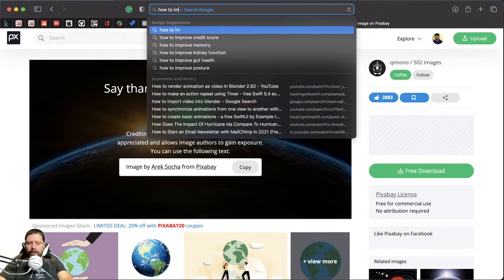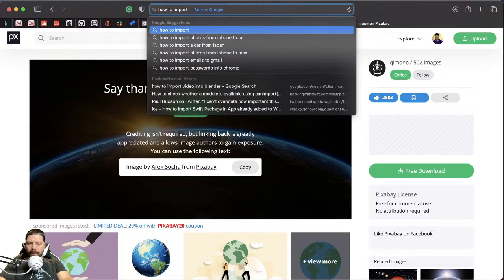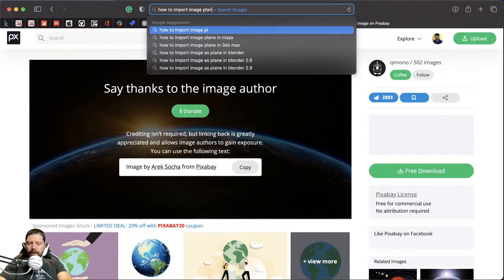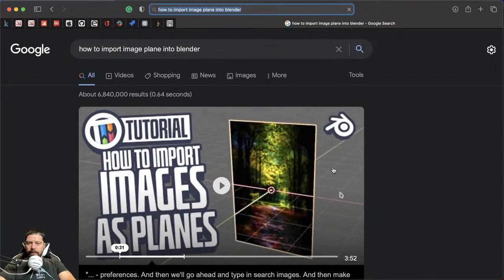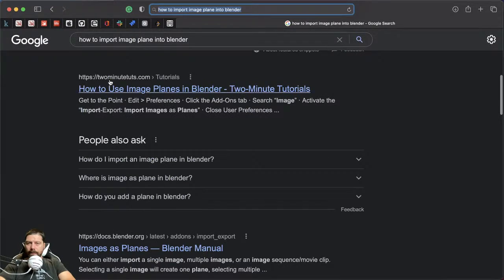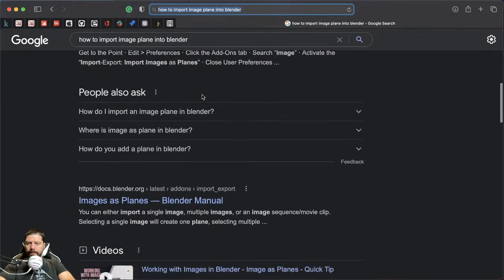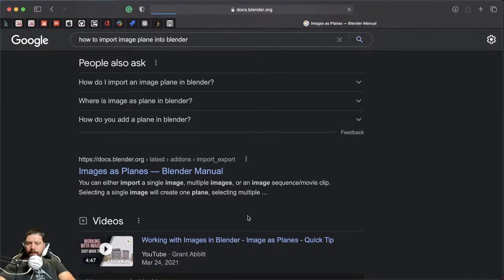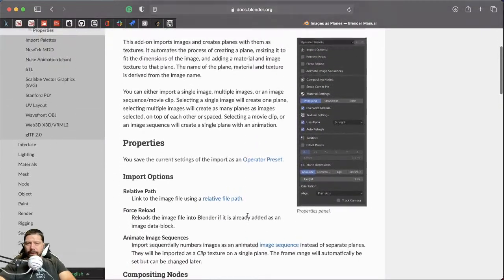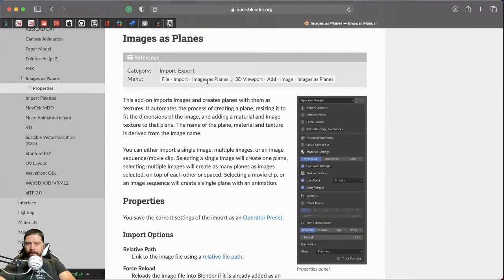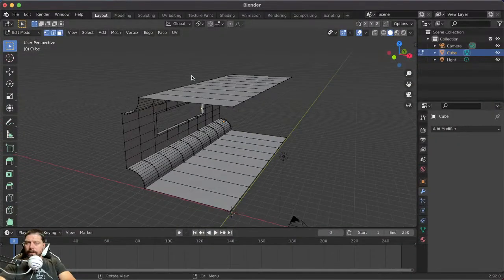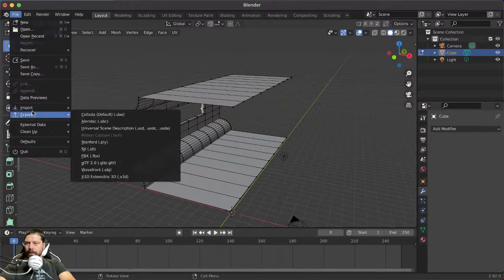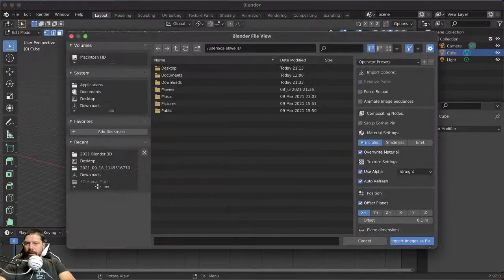Let's see how to import an image plane into Blender. There we go. How to use an image plane in Blender. Image planes, docs.blender. All right, so let's see if we can do this. Import image as plane. I think we did this. Go to Blender, so we go over to File, Import Image as Plane, and I'm guessing that is in the